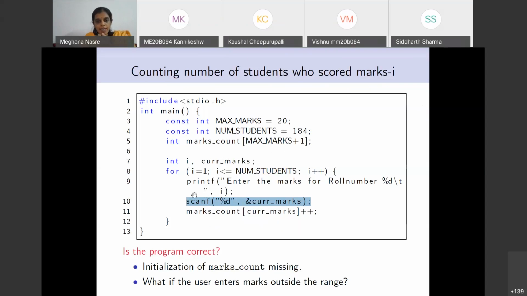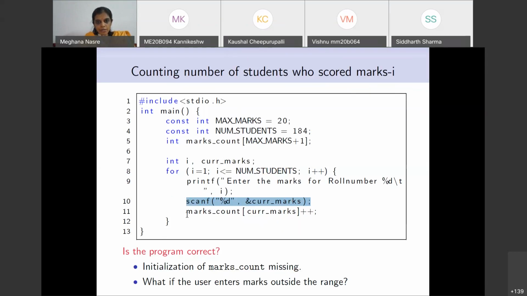What will happen? Let's say I am entering these marks. I enter a number 23. What do you expect the program to do? Okay, code just skips the element. That is not true, right? It is going to it.